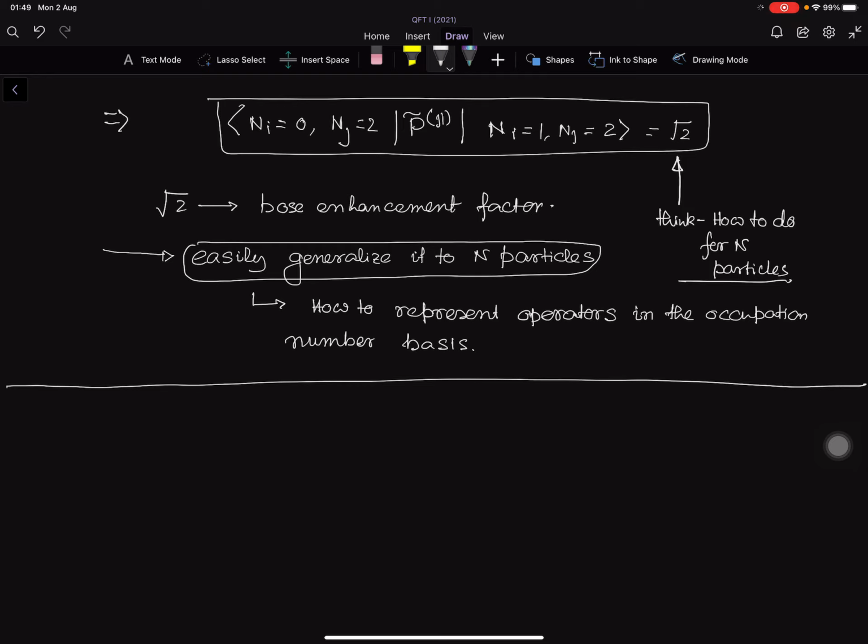Up to this point we considered the number of particles to be some fixed number: one identical particle state, two particle state, three particle state. But in the occupation number basis,